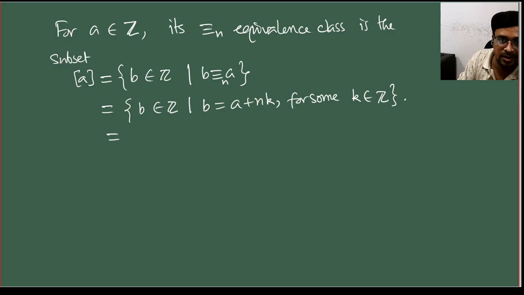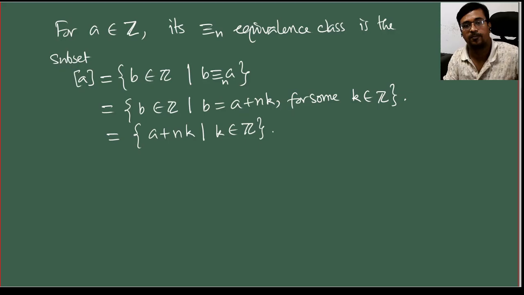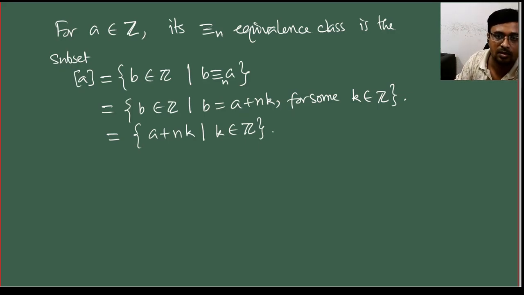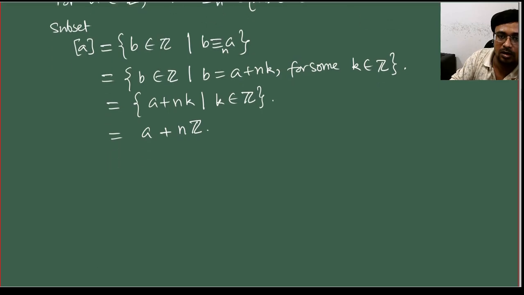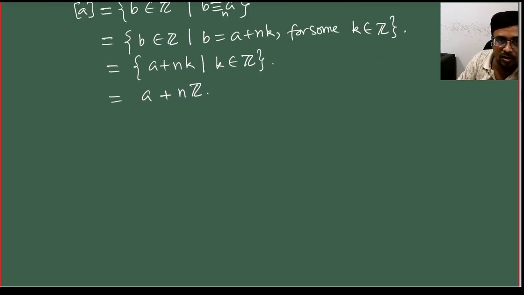So therefore we can rewrite these elements as a plus nk such that k belongs to Z, right? So therefore this class is nothing but of the form a plus nZ, right? Okay. Now note that Z is a union of the equivalence classes,